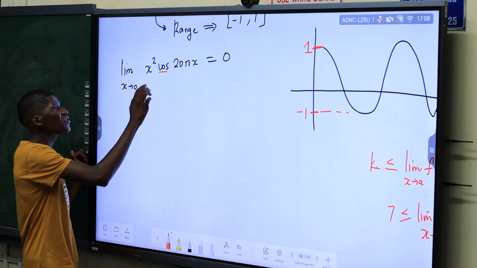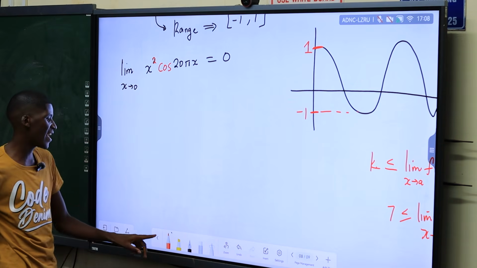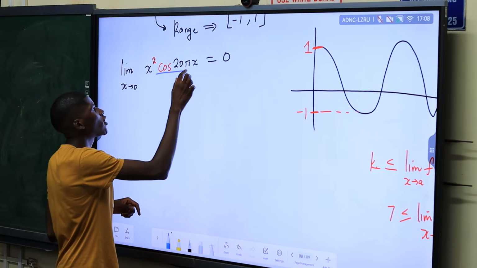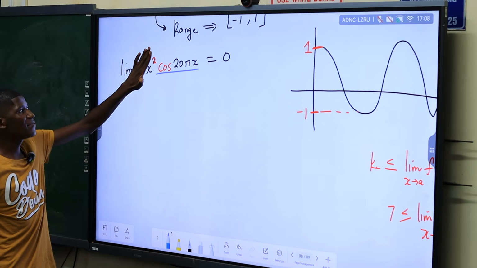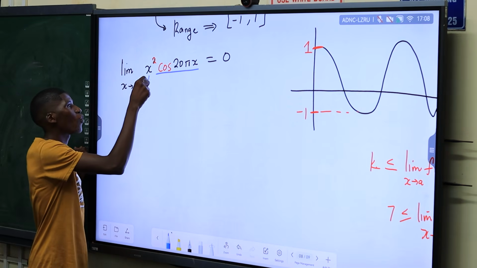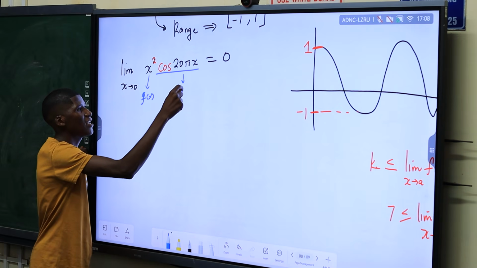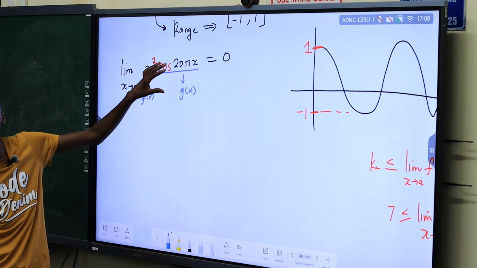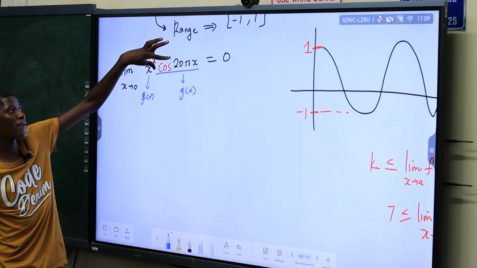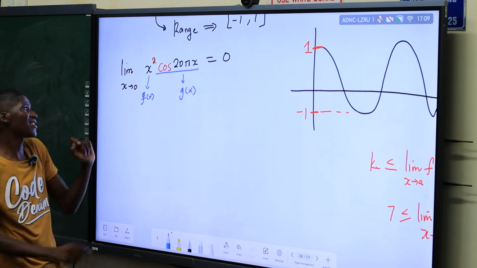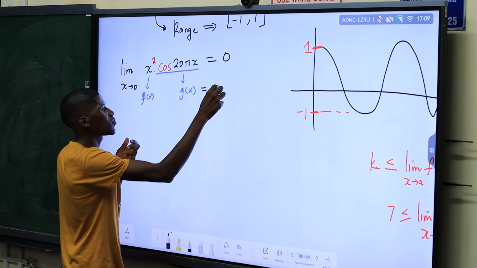So here, as I see cos, I know this is cos. It is x squared cos of 20 pi x. Since I'm seeing cos 20 pi x, this is a cos function. Let's just assume x squared is one function, f of x, multiplied by this cos 20 pi x, which is g of x. So we're having a product of two functions. The first one, x squared, is a power function, multiplied by a trigonometric function g of x. So I'm multiplying them, and I'm going to take g of x, the sinusoidal function.